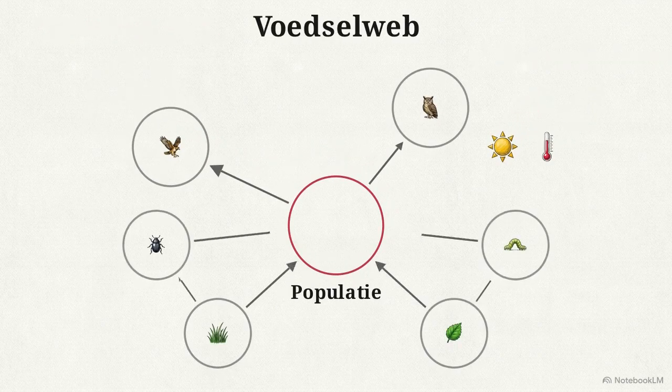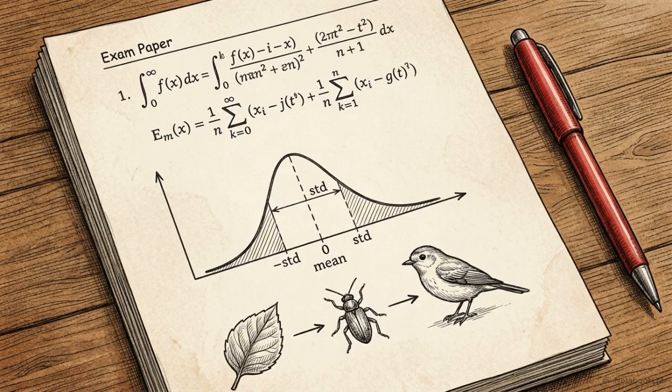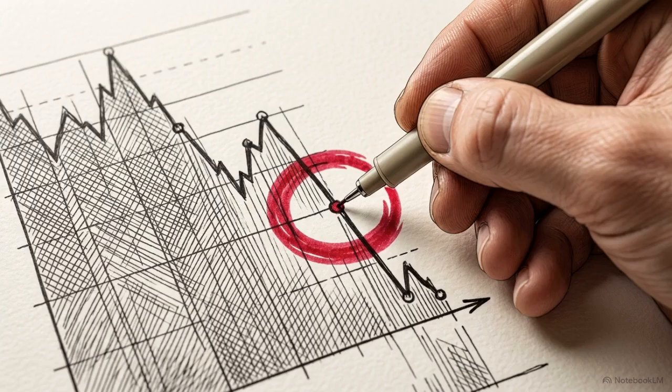Finally, the voedselweb, or food web. This is the network of feeding relationships that connects our specific population to every other species in the ecosystem. High-level exam questions focus on the interplay between these three areas. You must predict how a change in an abiotic factor or a food web disruption mathematically alters the size of